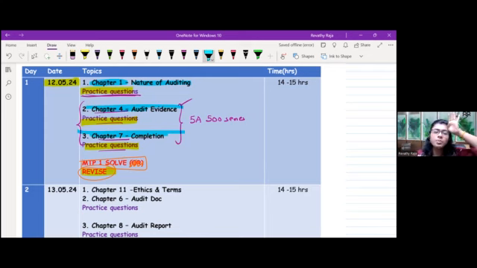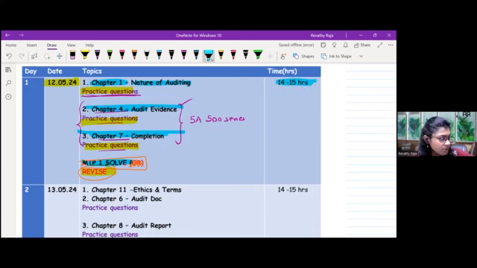Okay, chapter number 1, nature of auditing. Okay, objective of auditing, SA 200. Just try to recall in 10 to 15 minutes a chapter. So for 3 chapters, take 1 hour off and revise. If possible, solve the MTP one also if you have not done it. So that ends day 1. So roughly around 14 hours you will get easily.